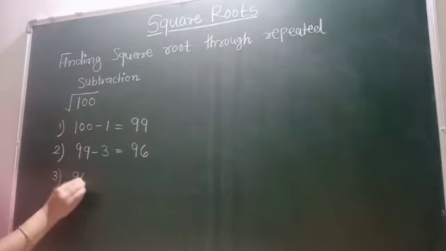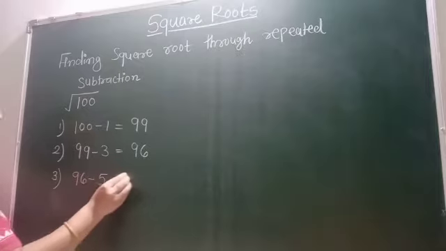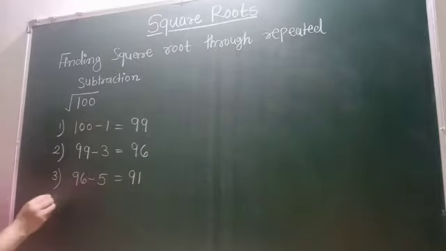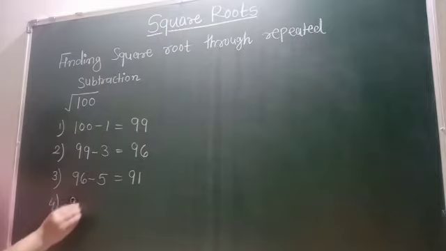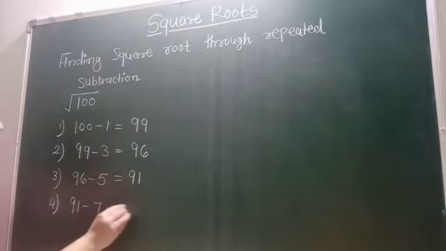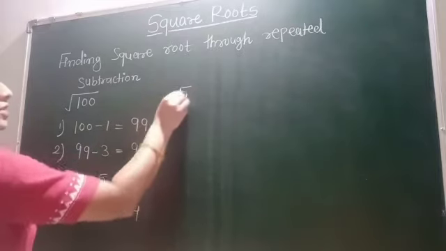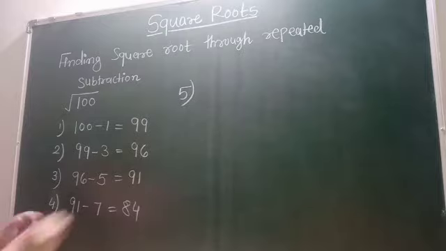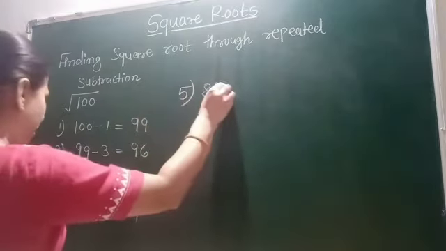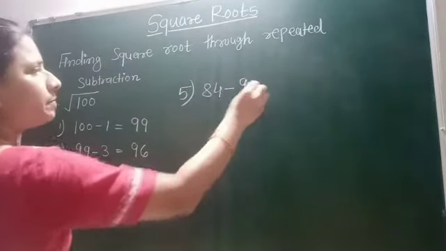Then 96 minus 5, we will get 91. Then fourth step, 91 minus 7, 84. Next, fifth step: 84 minus 9